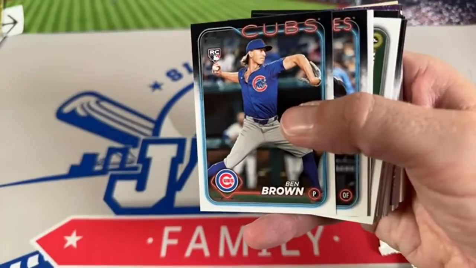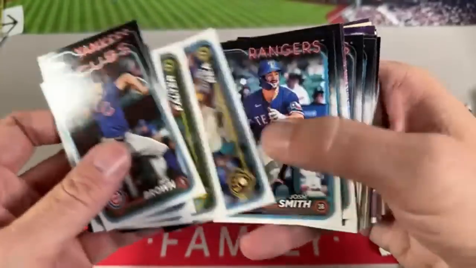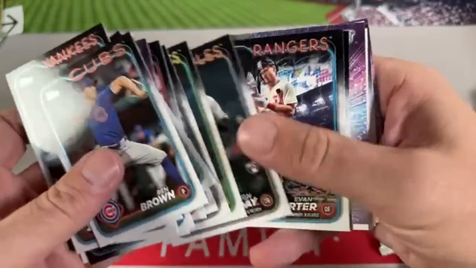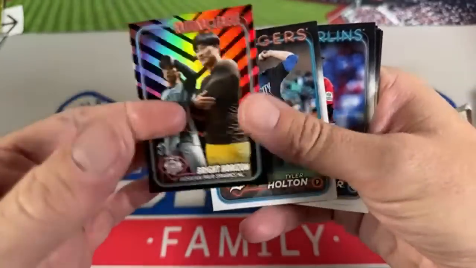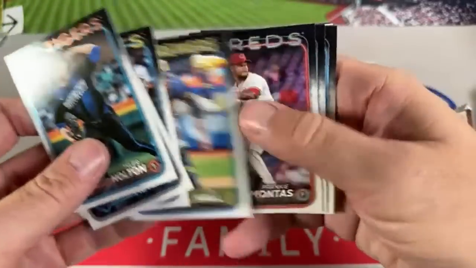Ross says, just opened 10 fat packs, got 6 numbered cards. That's not bad. I wouldn't say that's mind-blowing. So roughly 50% of the card packs have them. Yeah, some of these guys get them